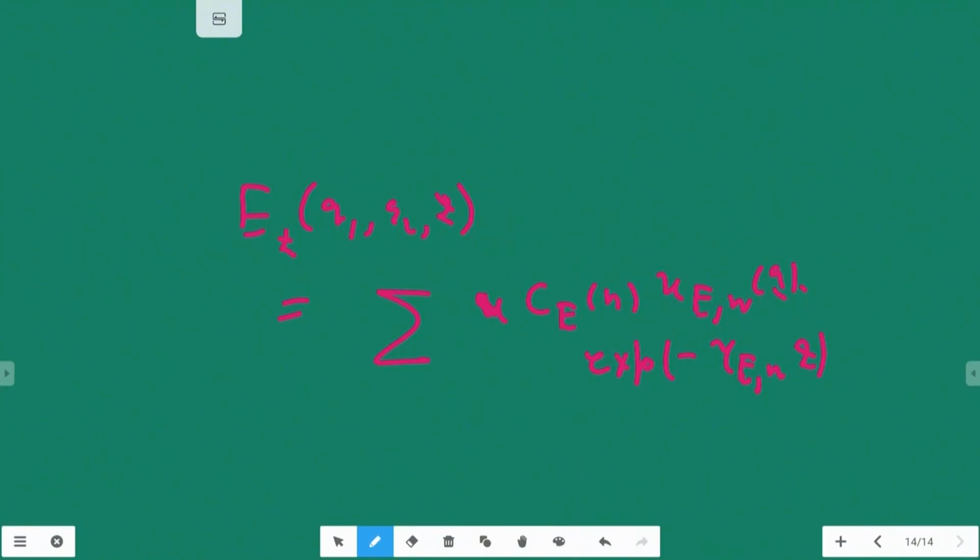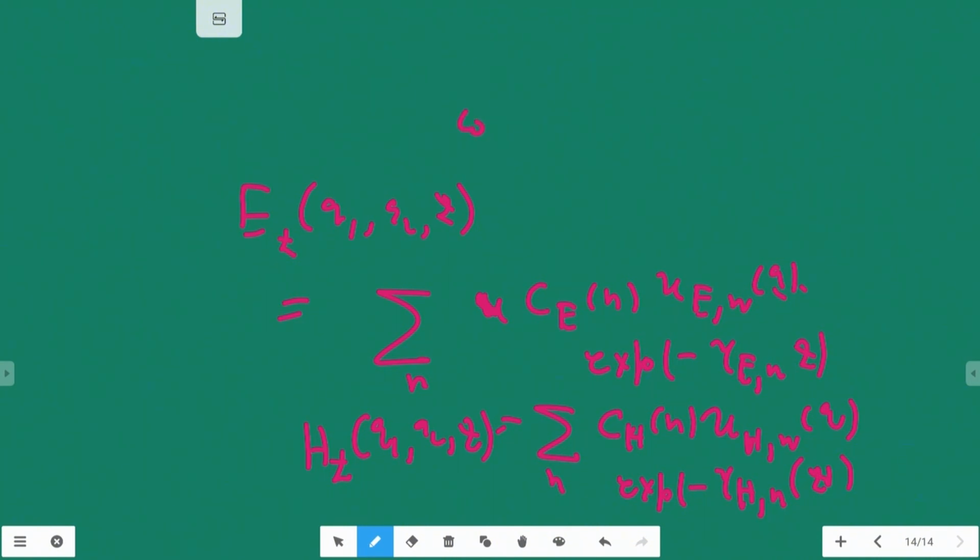This is the propagation constant, and likewise H_z of q1 q2 z, which is equal to summation C_h n U_H n of q multiplied by exponential minus gamma H n z summed over n,